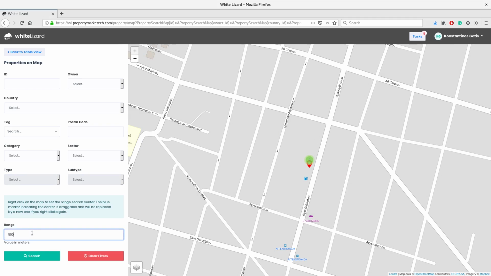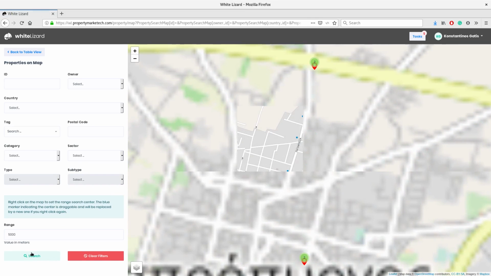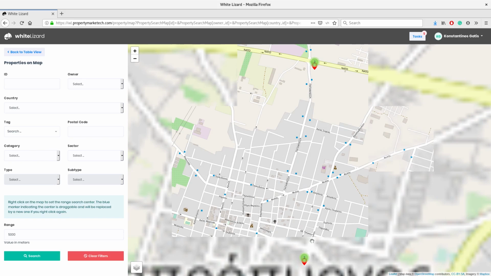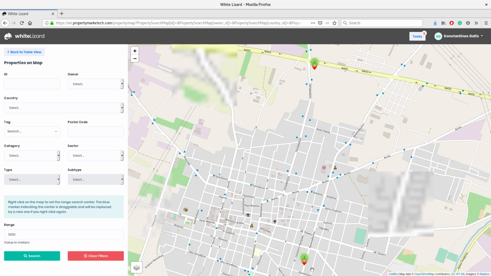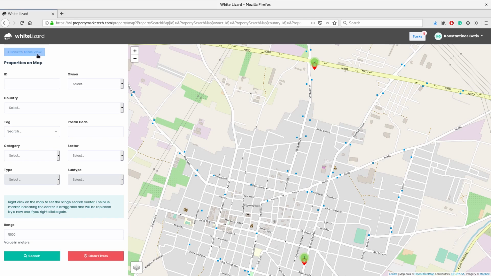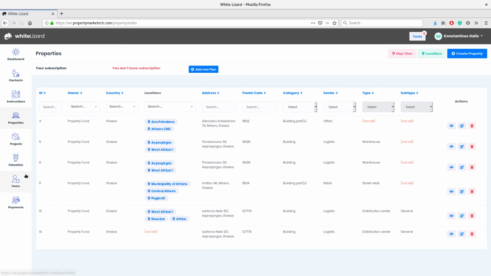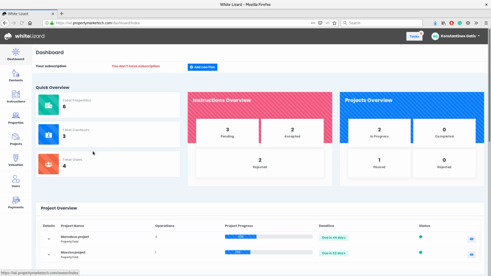We have the properties that are inside the circle, the notional circle that we have created. Of course, we can see all of our properties in our